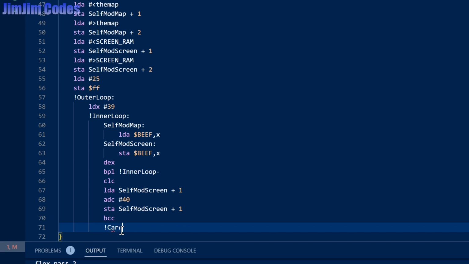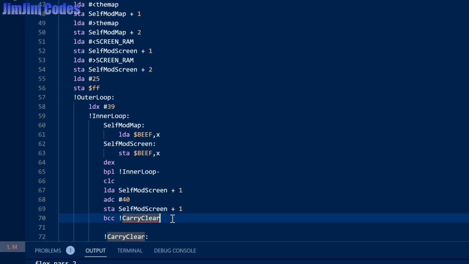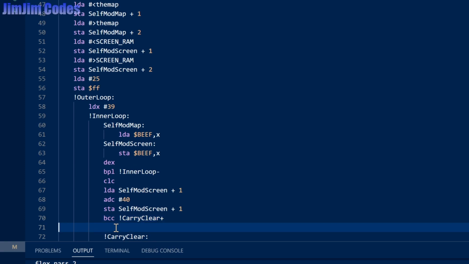Carry clear. The branch if carry clear is plus 2. Okay, if the carry clear is not, oh, sorry, it's plus because we're going downwards. If it's not, we just want to increase this by 1. So we just do an INC command. We don't have to do another addition. We just INC